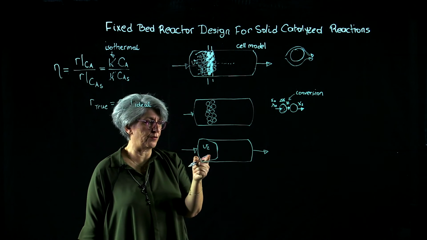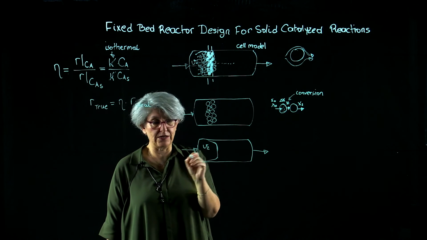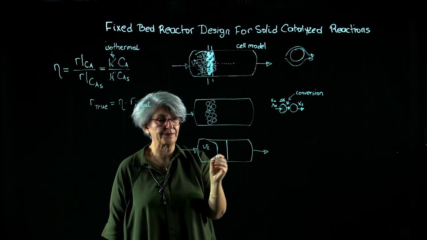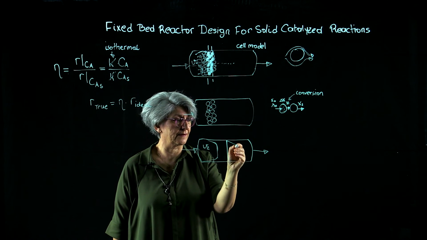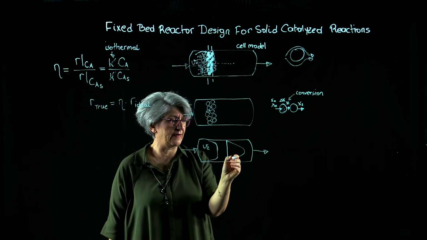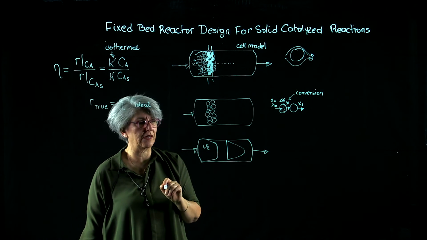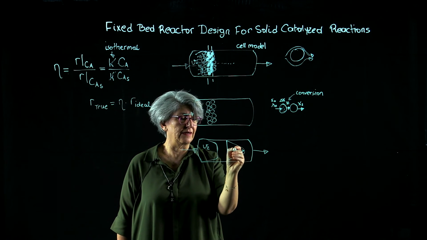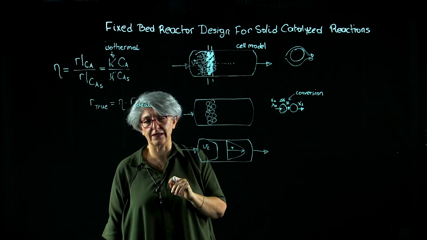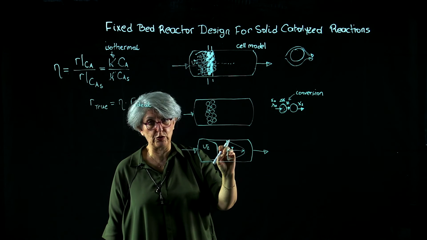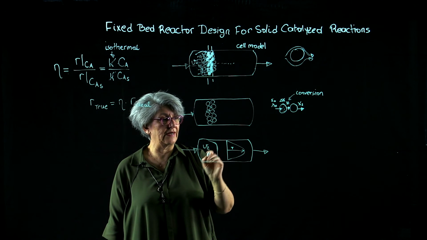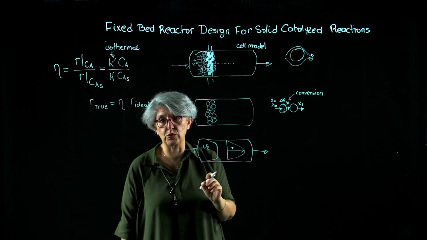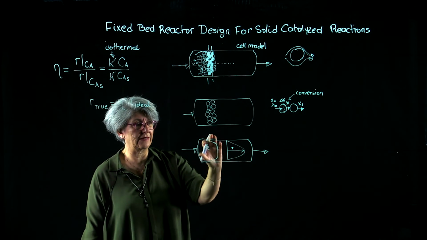This is my velocity profile. In addition, I might have a temperature profile. Let's have an exothermic reaction so that our temperature is increasing when we move closer to the center,